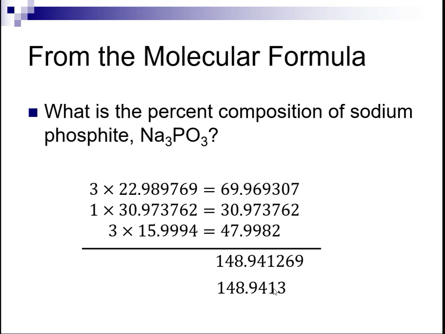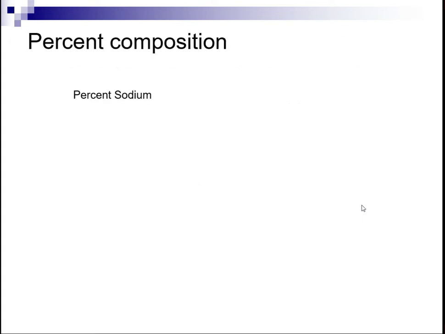148.9413 grams. Now, that may not seem super simple and convenient because the numbers are so big, but this is the most precise way to do that. To assume you have a 1 mole sample, determine the molar mass of the sample, determine the masses that came from each one of the elements. You see where I'm going with this. And then you're going to, next, for each one of the elements, take the mass that came from the element, divided by the total, multiply times 100. There's my percent,